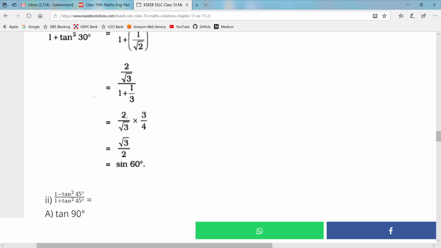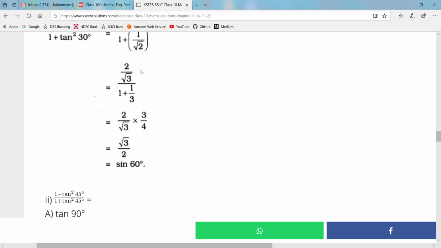That is, 2 ones are and 2 twos are. Okay, 2 will get cancelled. Here the 2 twos are will come, and this 3 we can take as root 3 into root 3. 2 times the root 3, here 1 time root 3 and here 1 time root 3 will get cancelled. Another root 3 will be remaining, so another root 3 we have taken here. In the denominator 2 ones are, 2 twos are, so 2 is the remaining value, so we put the value 2, that is root 3 by 2.